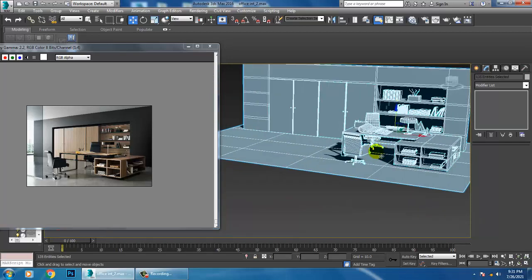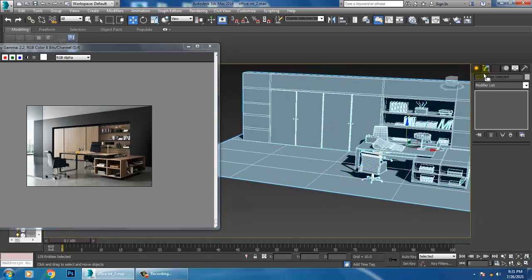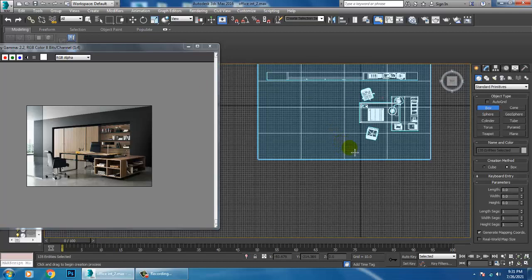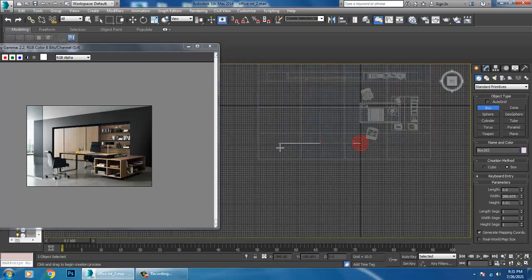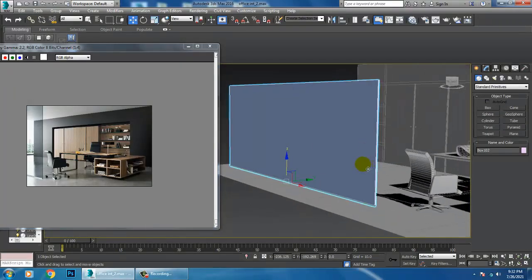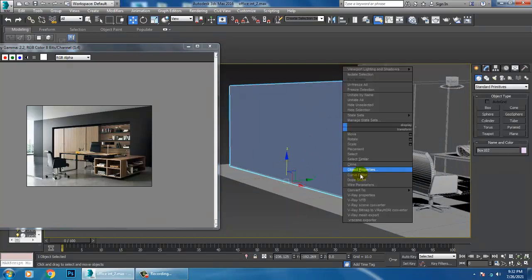And we'll create one glass section over here. Let's go to the top view. Convert to editable poly.